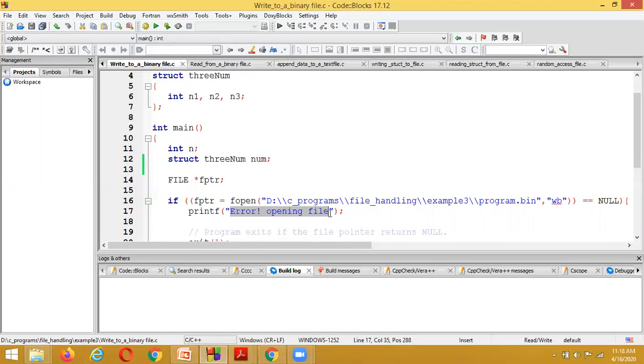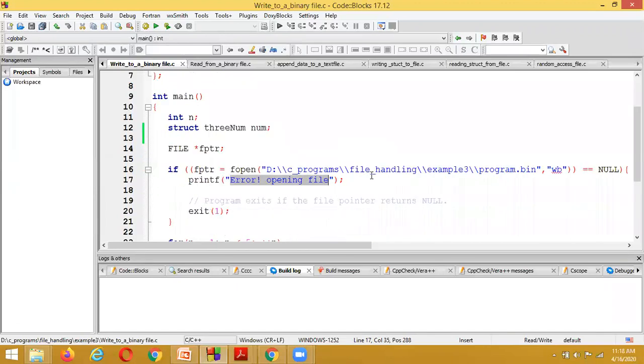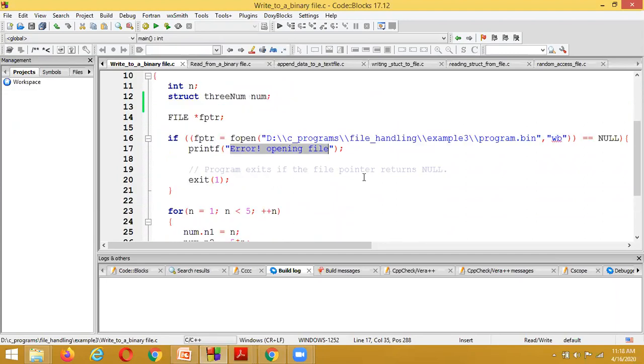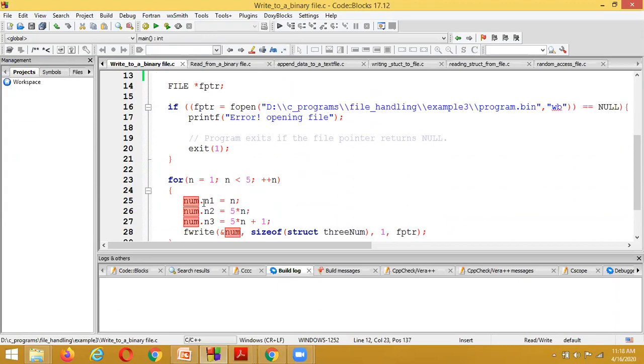Some problem exists. If there is no problem, then what information are we passing? The structure variable we declared is num. And num.n1 is equal to n, and num.n2 is equal to 5 into n.